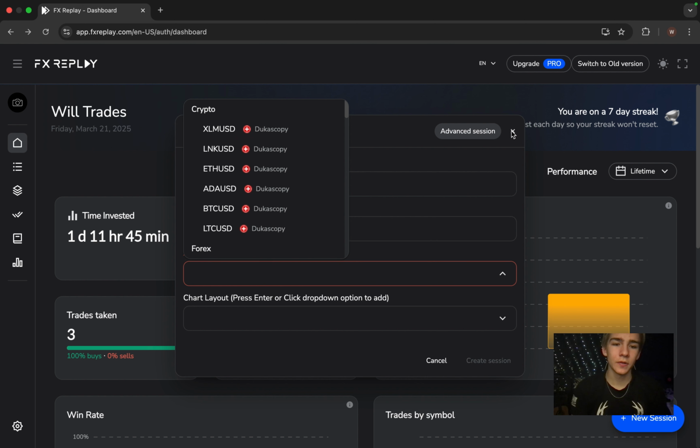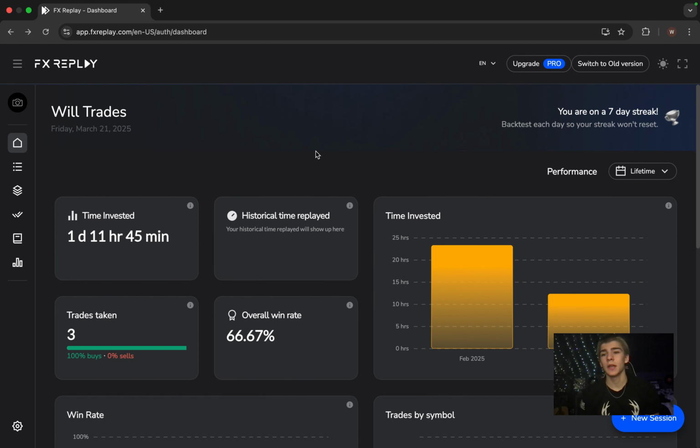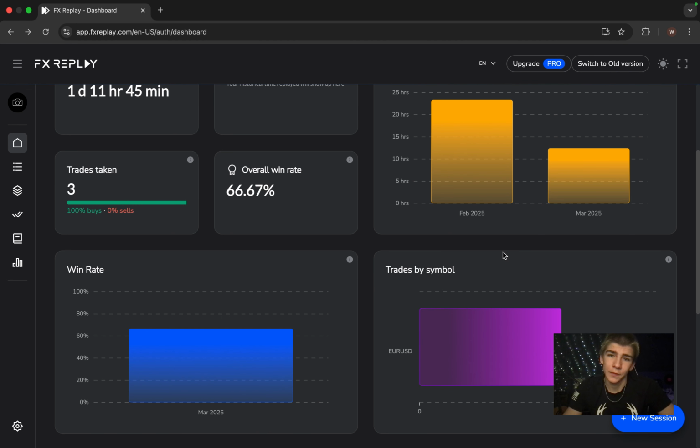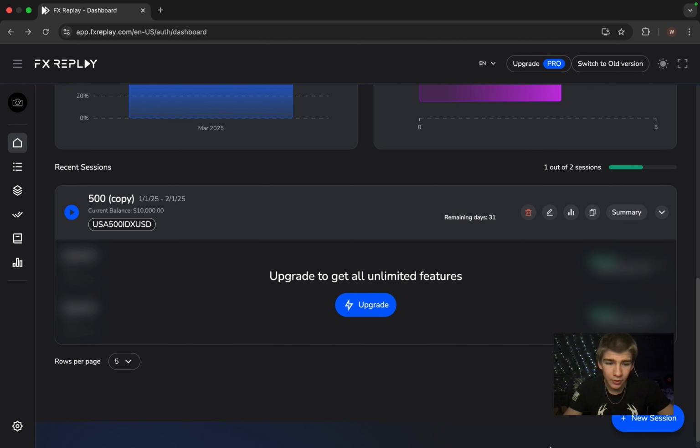So the first thing I do is use something called FX Replay. When you open it up, you can make an account. It's free, no money's needed. I have my account here, and then you can go to this home page. You won't have anything up if you're just starting, but you come down here and click new session,